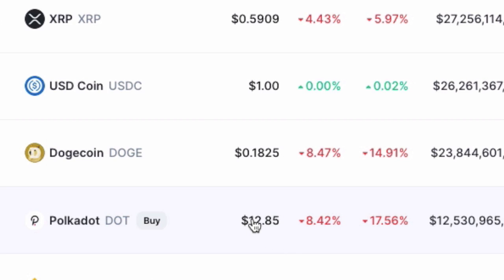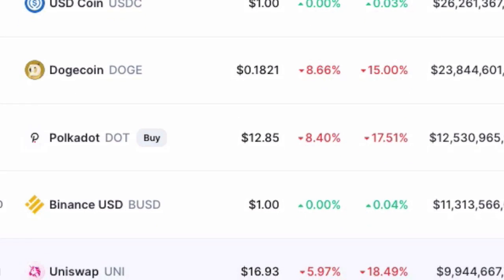Polkadot, I think, is a huge buy right now. It's at $12.85. It used to be at around $15 just within the past month or so. But its all-time high was in the $40s. And so you can see that this is definitely a purchase. And Polkadot was started by one of the co-founders of Ethereum as well, next to Cardano, which was Charles Hoskinson, also a co-founder. So these two lads right here are going to try to revolutionize the decentralized financing world with their ecosystems. Uniswap, they're going to come out with a version 3 pretty soon.